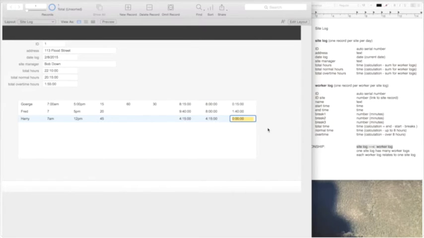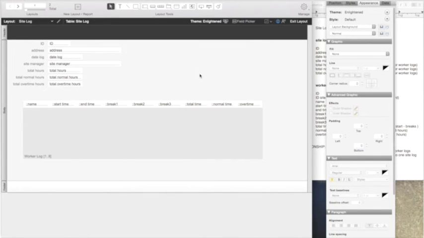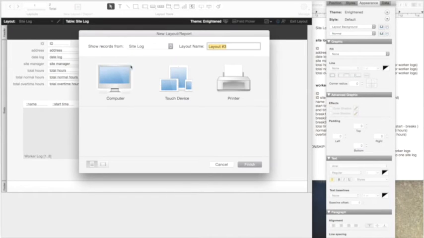So let's move on to look at how easy it is to build a layout for the iPad. We will need to do this in layout mode, so we edit the layout. And once we get into layout mode, we click the new layout button in the status area, and we're going